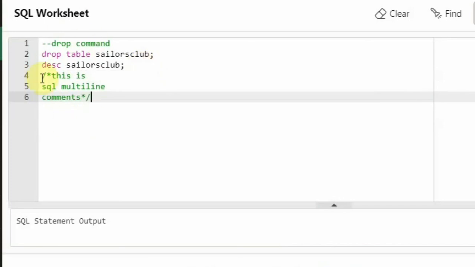So you can see these are the multi-line comments and these are the single line comments. Single line comments cannot extend to the next line, otherwise they will be processed and it will be a syntax error. And these are multi-line comments. I hope these statements are clear to you.